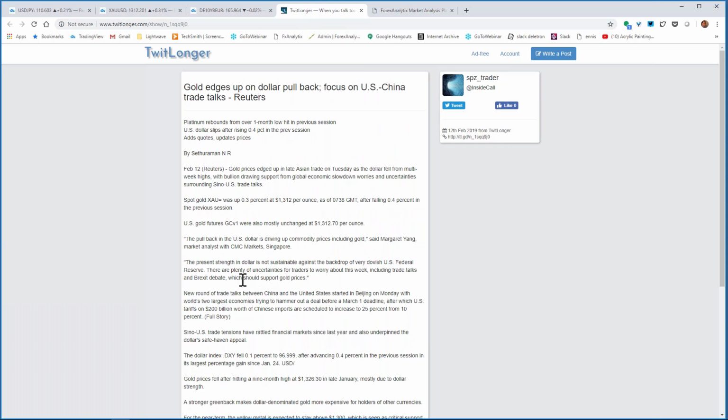Focuses on the China trade talks. The present strength of the dollar is not sustainable against a backdrop of a very dovish Federal Reserve. There are plenty of uncertainties for traders to worry about this week, including trade talks and the Brexit debate, which should support